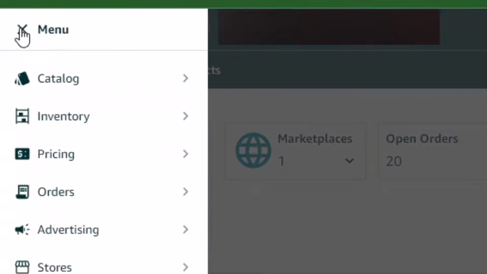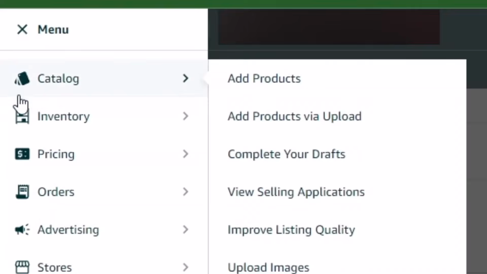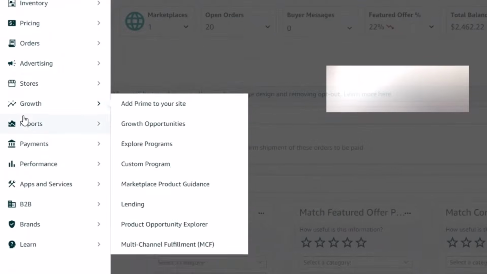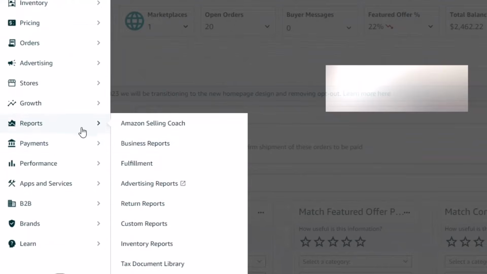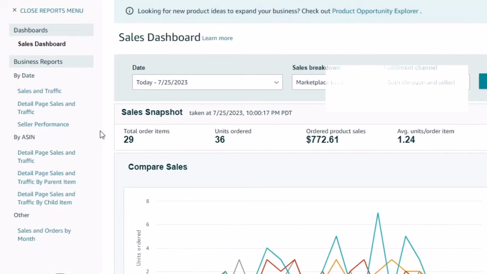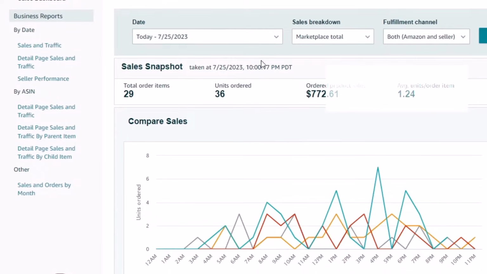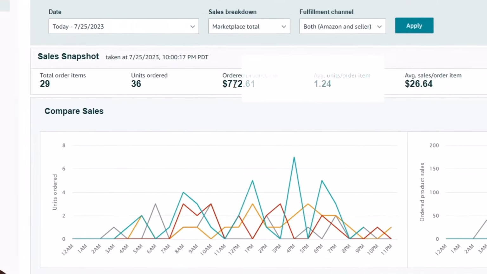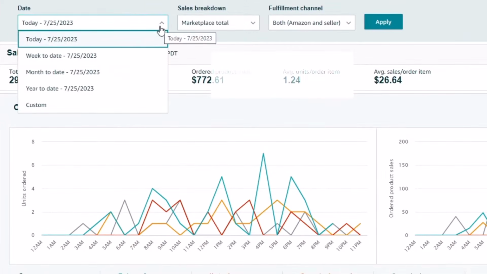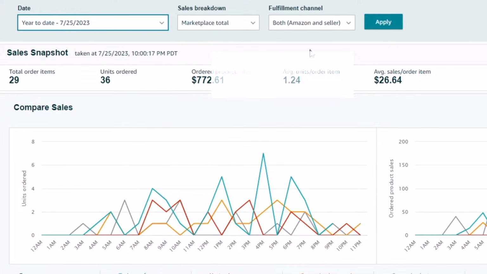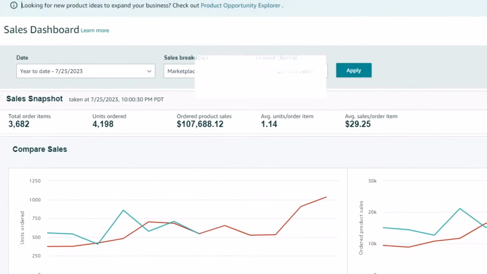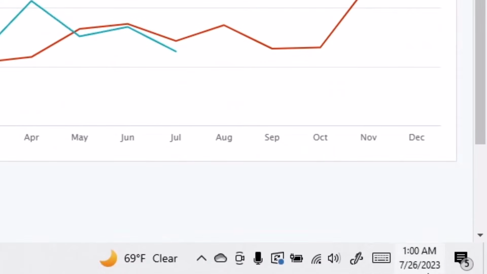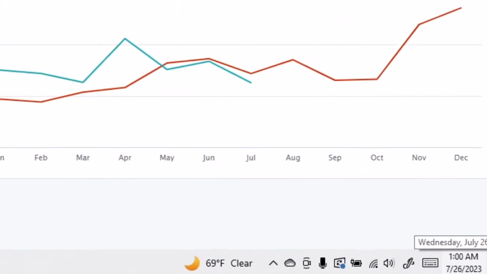Now watch what happens. We're going to come down real quick to reports, then down to business reports, and from there what you're going to see is what came in today. That's not what we're interested in. That's not bad, but what we want to look at is year to date, because today is July the 26th, 2023.